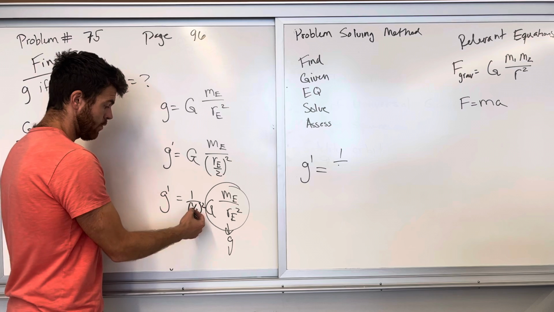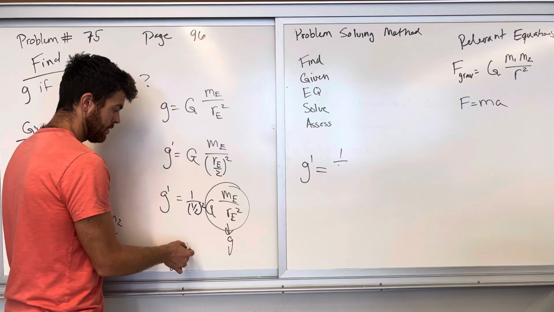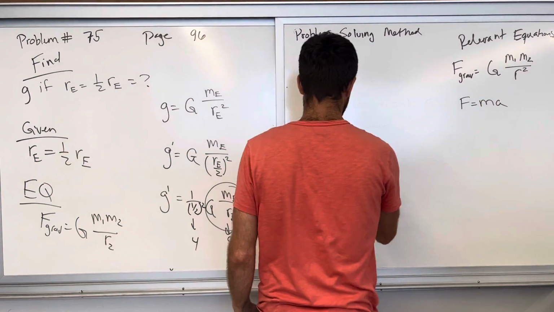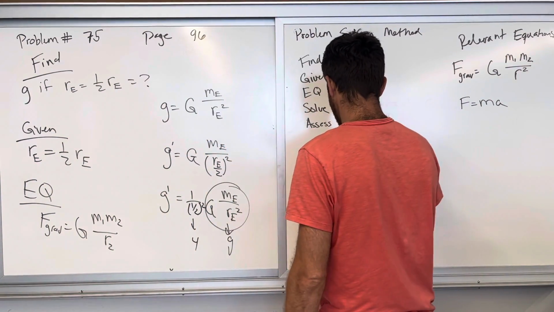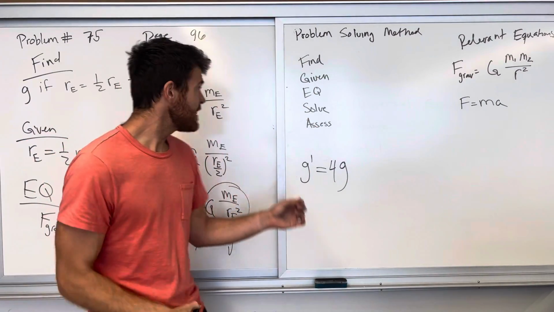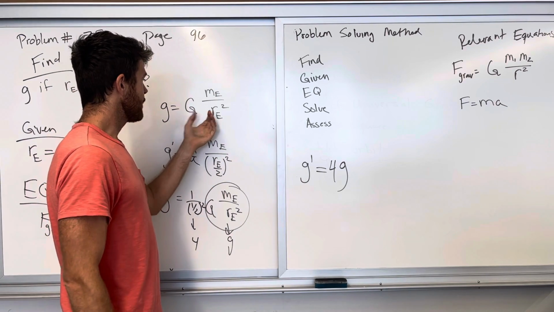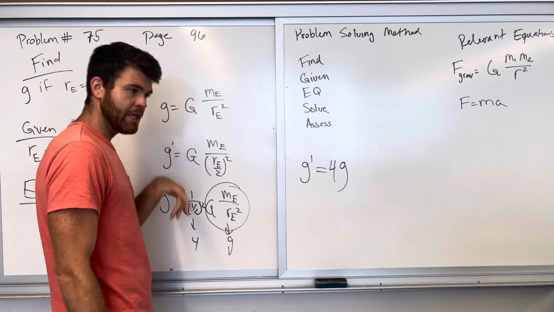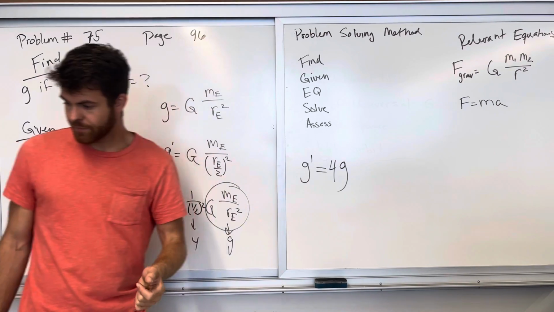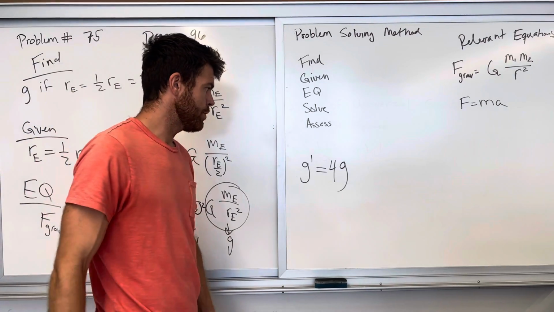So 1 over 1/2 squared is the same as 1 over 1/4, which is the same as 4. So this is 4g, which makes sense because we're reducing the distance by half. Since it's inverse square, if we reduce the distance by half, we're going to increase the strength by 4. And so it's 4 times g, which is 39.2